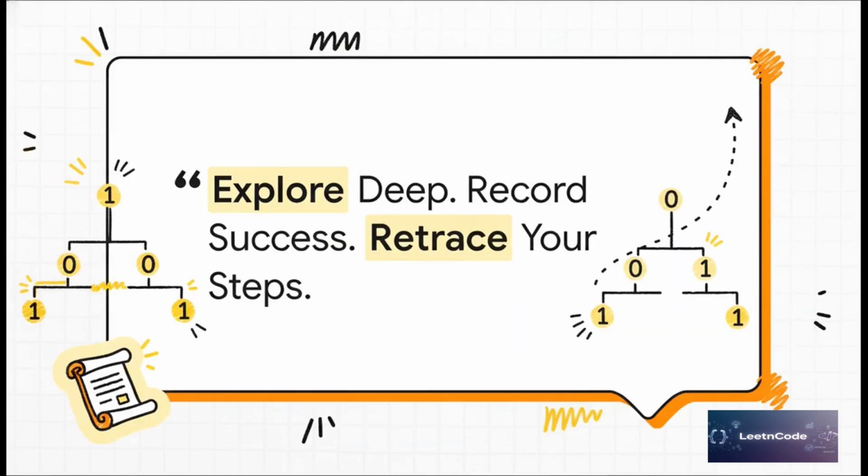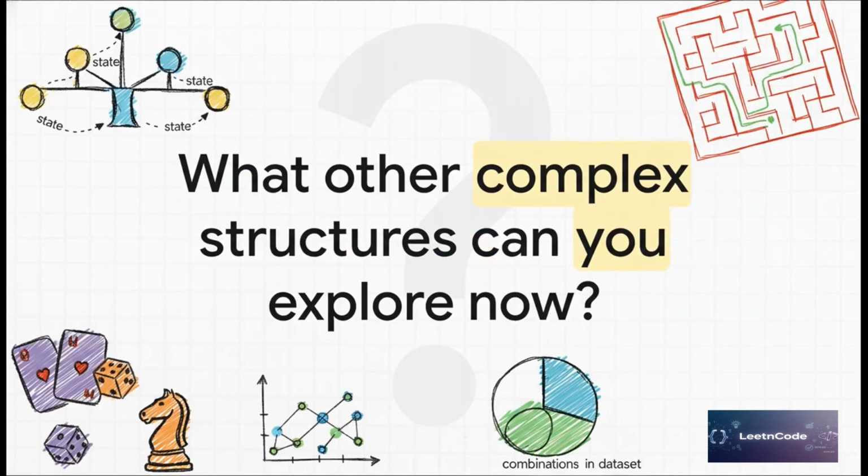So if you take away just one thing from all this, let it be this simple mantra for this kind of search. Explore deep. When you find what you're looking for, record your success. Then, and this is key, retrace your steps to find what else is out there. And that's really how you do it. That's how you find every path in a binary tree. It's just a powerful combination of going deep and backtracking. So the question I'll leave you with is